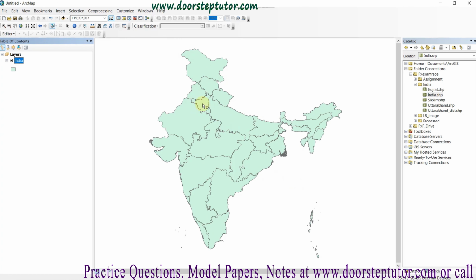So a definition query makes the work much easier and smoother. With the help of a definition query you are able to work only on the desired area you want to work. In this way we can use a SQL expression with the help of a definition query.